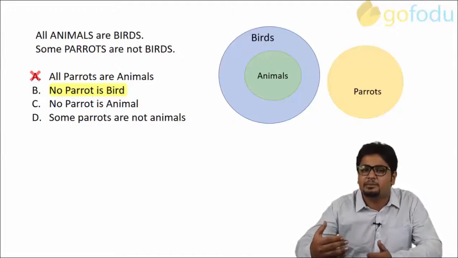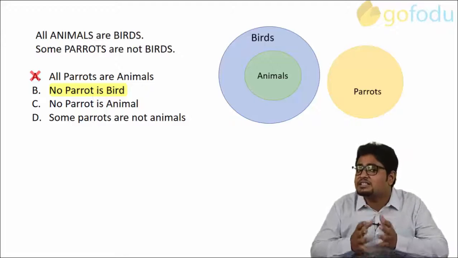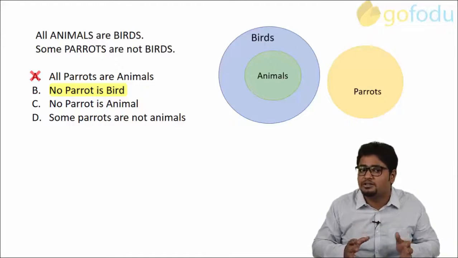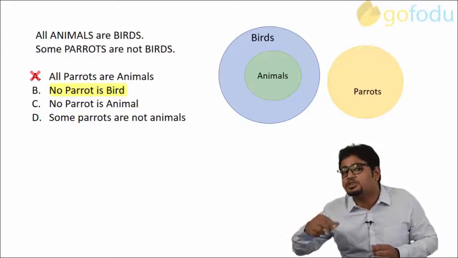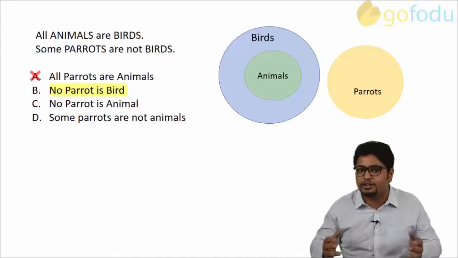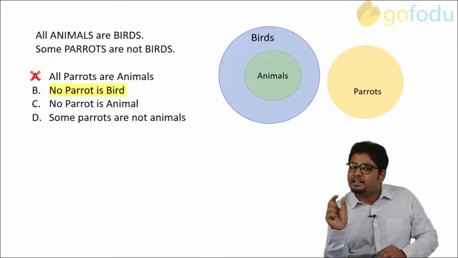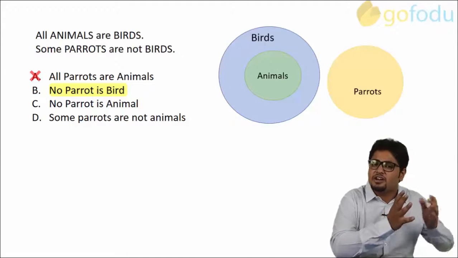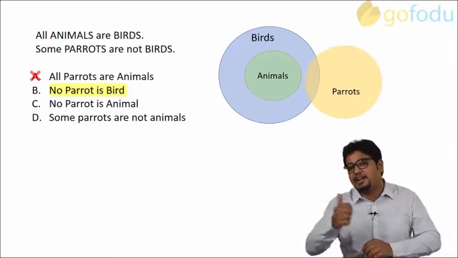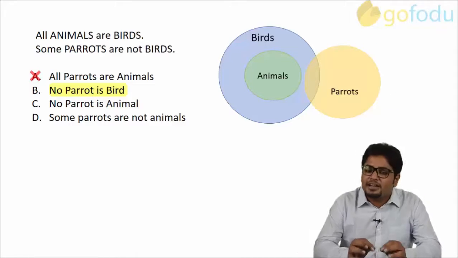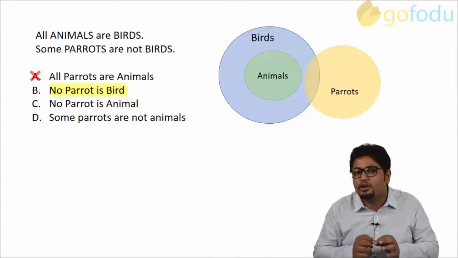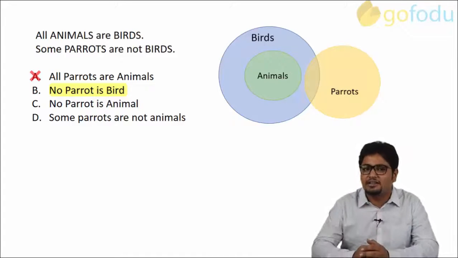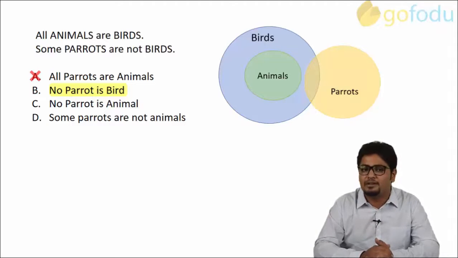Since in the second statement it is given that there are some parrots which are not birds, one of the possibilities can be when there are some parrots which are birds and some which are not. That means a little intersection of the two circles representing birds and parrots like this. Here you can see that we are just concerned with birds and parrots, so we made only these circles intersect. This is moderate overlapping and the conclusion is not true.